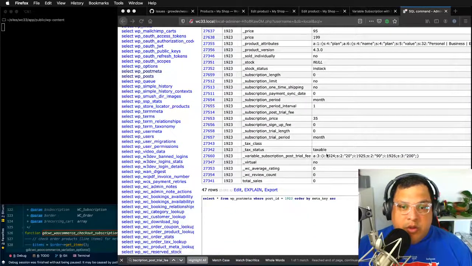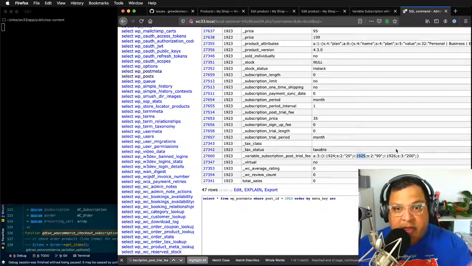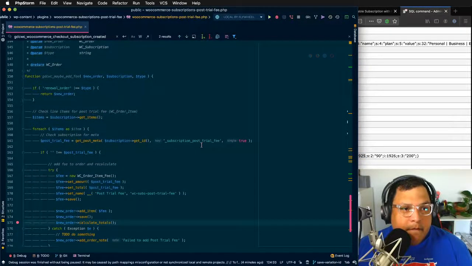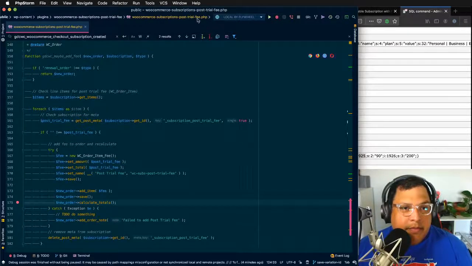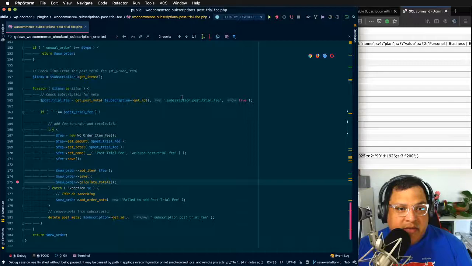Okay, cool. So now we have post trial fee with the IDs. So now we need to check if that ID is in the order, and then we add the fee. Brilliant. Okay. So maybe add fee. This is going to go through each one and see if it has a,